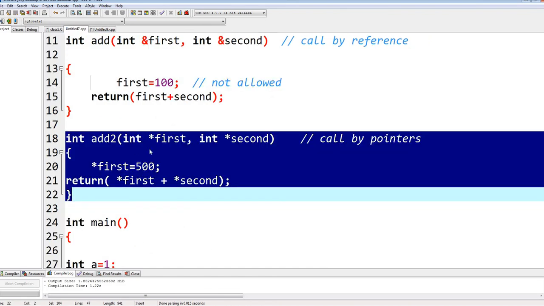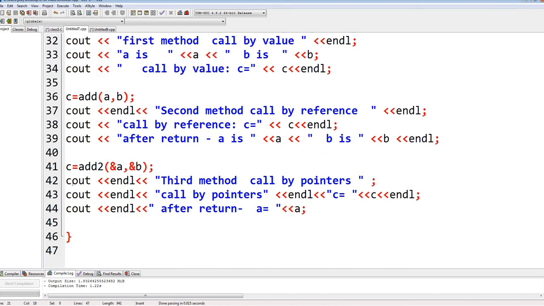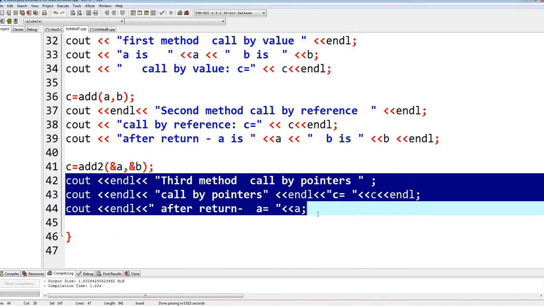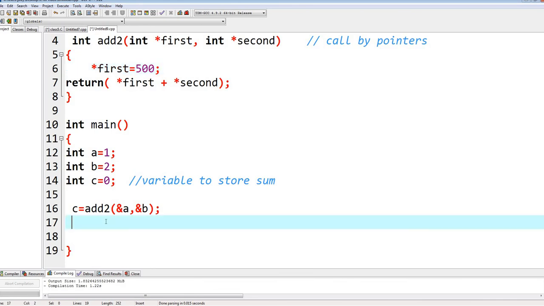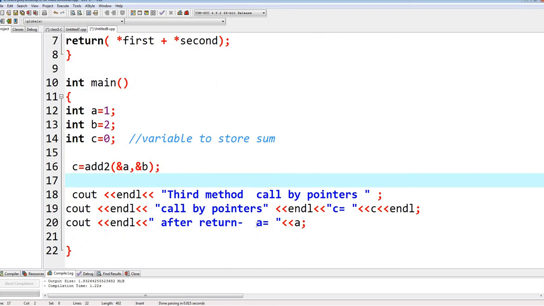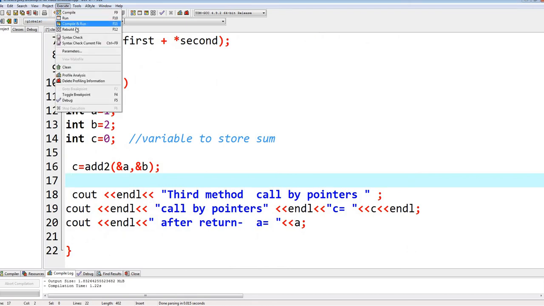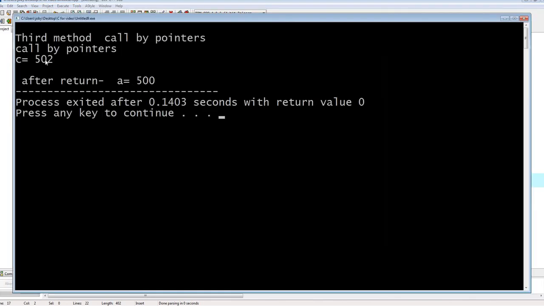502 is the result you are going to get, but at the same time I am going to show you what would be the value of A after going through the function. When it returns, what would be the value of A? So result will be 502, you know that. See, 502 it printed C, but the original value of A, whatever you have passed, it has been